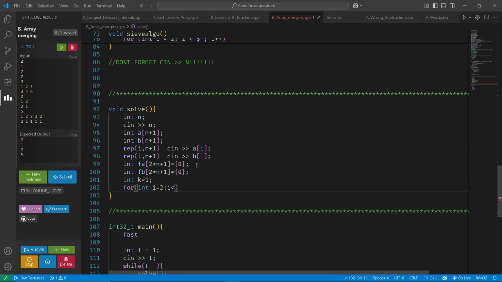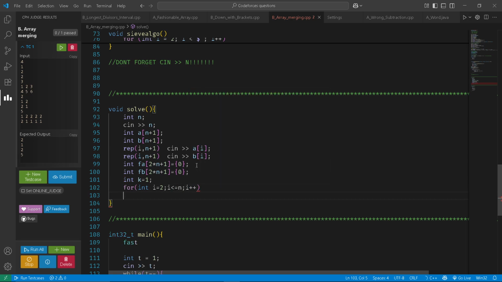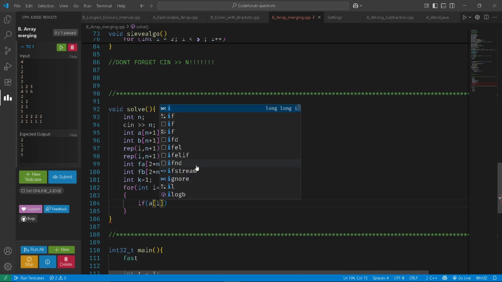First I'll iterate from 2 to n, plus plus, if a of i not equals to i minus 1,